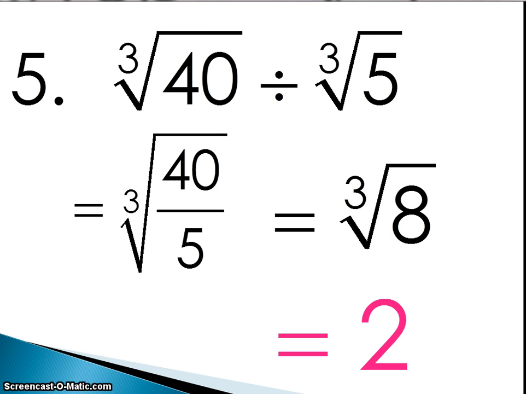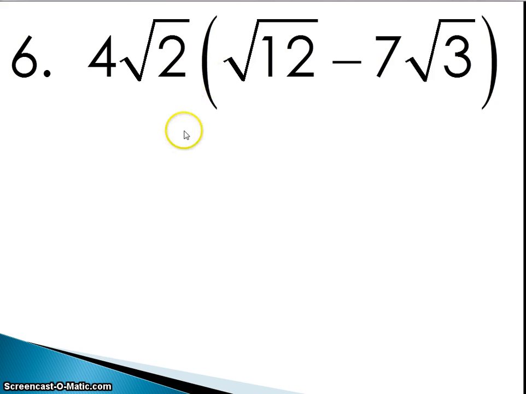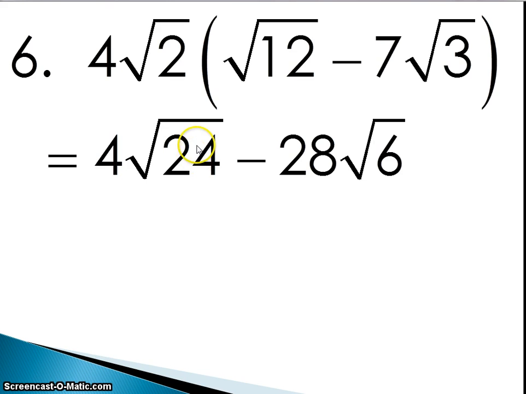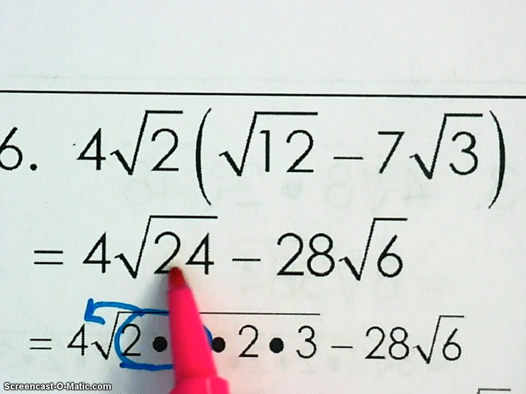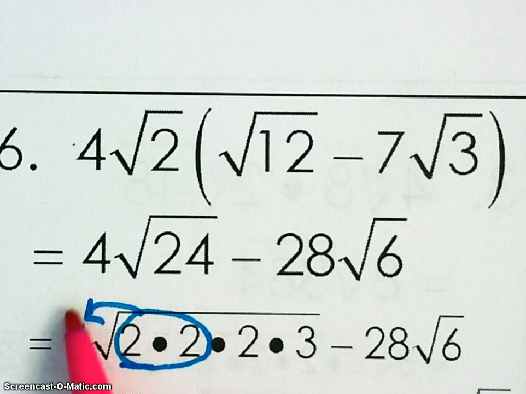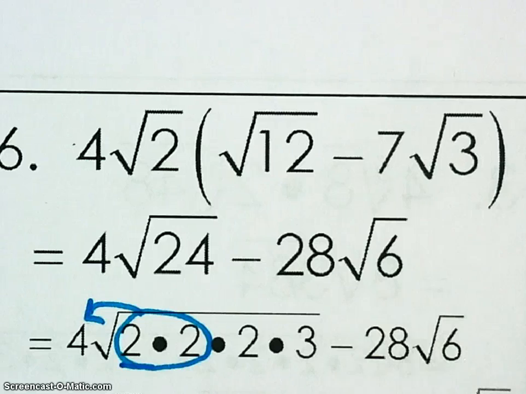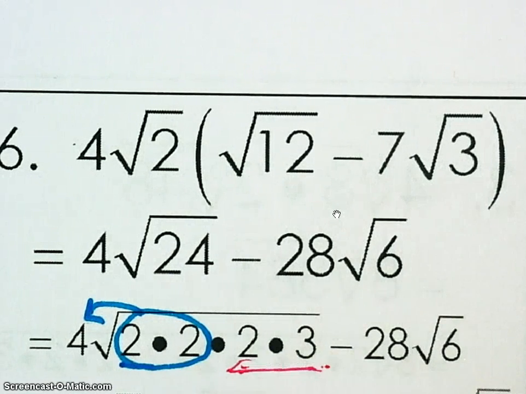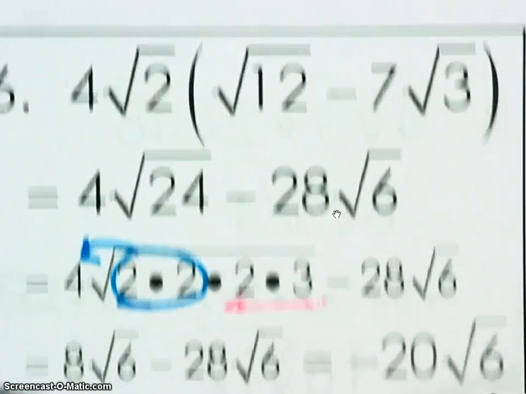For this one, we're going to multiply outside times outside, and inside times inside. Now we're going to do a prime factor and expand the 24 and the 6 to see if there's anything that I can bring out. So I can see here when I expand the 24, I have a set of 2's that come out. When I bring out a 2, I have to multiply it times the 4. So 2 times 4 gives me 8. These two are going to get multiplied back together. So then I'd be left with